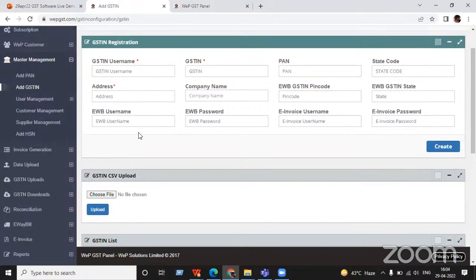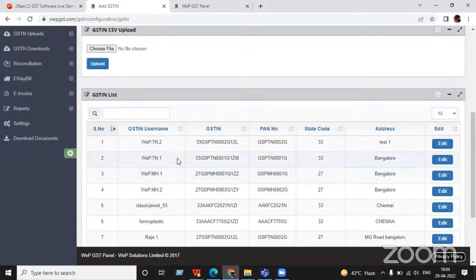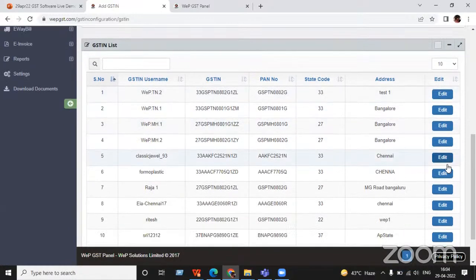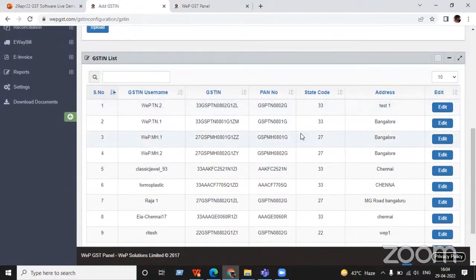So we have also given an option in the download document section, CSV bulk upload, CSV GSTN upload, where you can upload all your GSTNs into the platform itself. Once you give all the data, it will come like this: the GSTN username, the GSTN number, the PAN number, the state code of that particular state, the address of that company, and also the option for edit. If you want to edit anything in the future, we have given the option for edit as well.